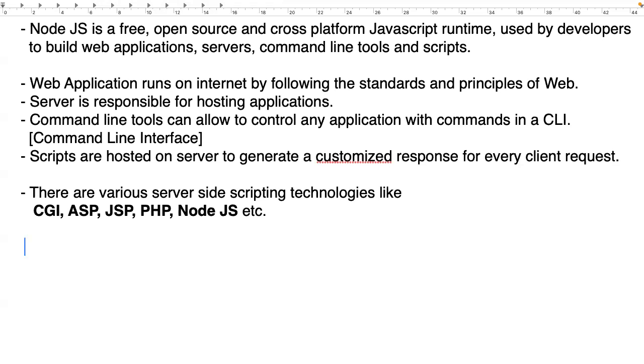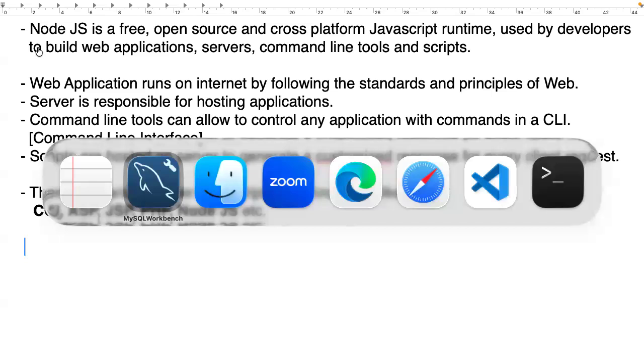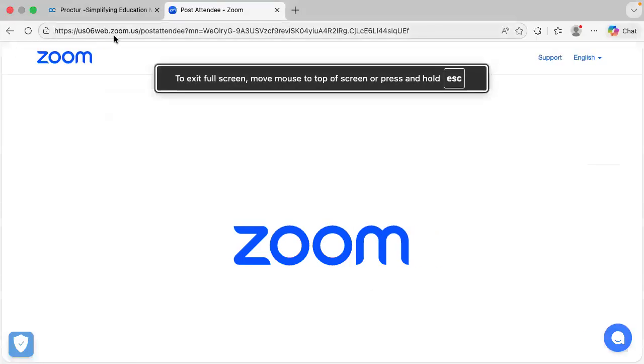CGI is the first server-side scripting technology. Then ASP, JSP, PHP, ASPX. So there are so many, and different applications use different server-side technologies depending on the requirement. For example, suppose you know a website like